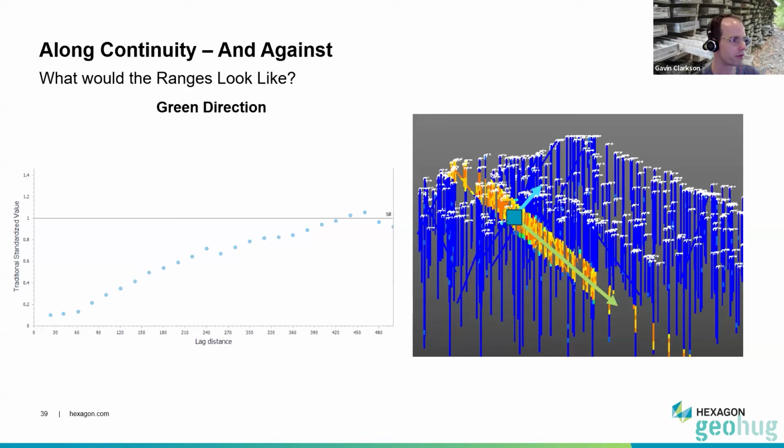Whereas if you create a variogram in the green direction, the range is much bigger. You can see you're looking at 450, 500 meters of separation before they start leveling off. You have a lot of similarity for much, much longer distances. So despite this being much further away, it should probably get at least equal, if not more weighting than the one that is closer. And keep in mind, I placed this block in the center of this ore vein just to make it visually instructive. But the variogram model is for the entirety of the deposit. So if I was to put this block anywhere, the variogram model would tell us that samples,